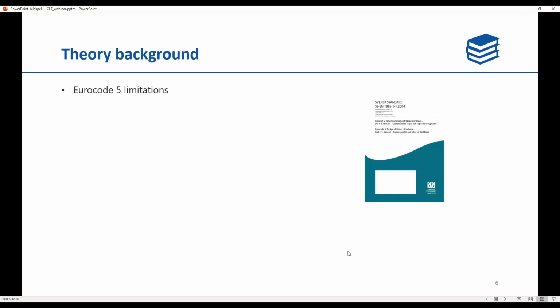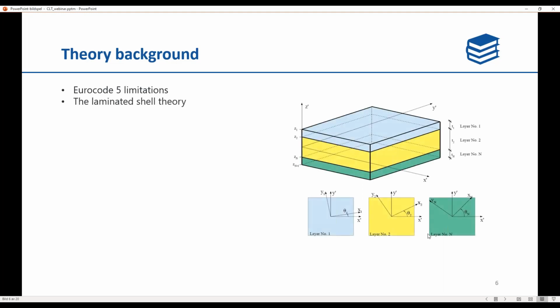So the selected theory behind the CLT module is the laminated shell theory. It's also referred to as the equivalent single layer method in some literature. In general, it's usable to check the correct deformations and stress distribution layer by layer of a composite shell. The main advantage of this method is that with a slightly increased calculation time for the element stiffness matrix,